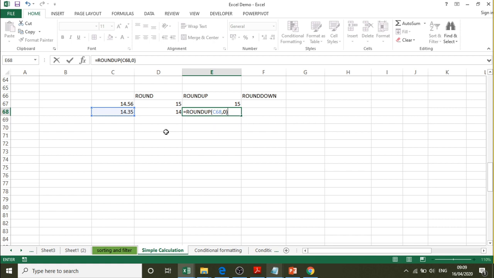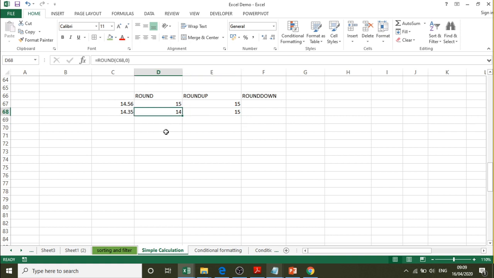If we press the enter key, we will notice that here we get 14 but here you will get this answer as 15. That means whether it is more than 0.5 or less than 0.5 it will round it off to the next higher number. So that is how the ROUNDUP function will work.